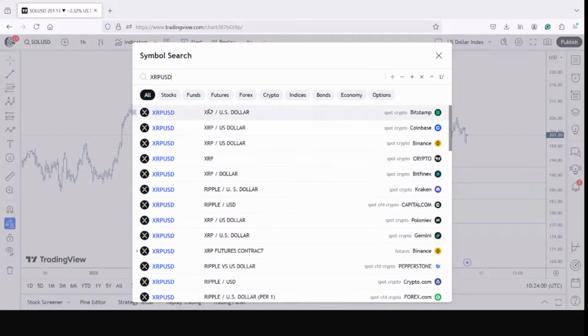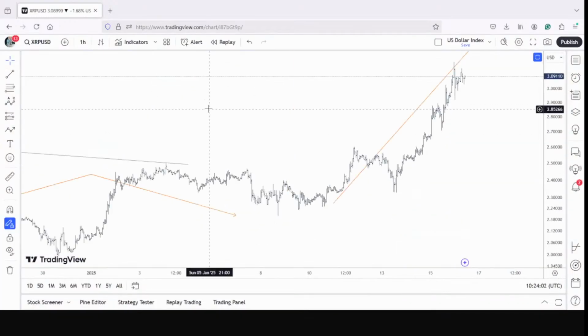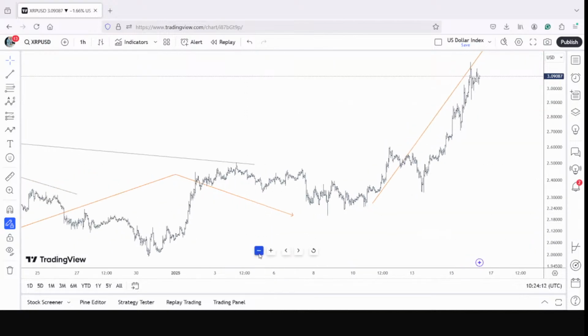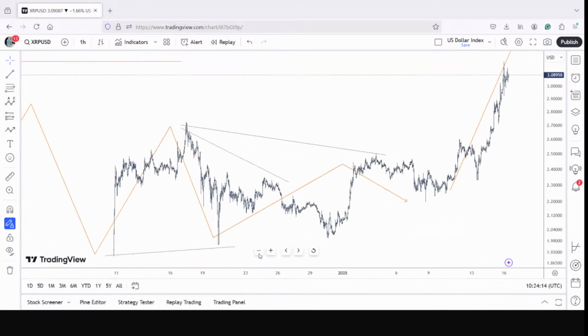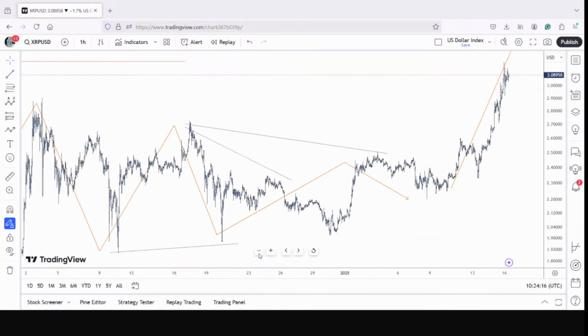And Ripple, I think Ripple moves independent. That's what we saw last time. It was planning for a corrective decline, nowhere near correction. The third wave is underway. We are quickly pushing higher towards 3.7.